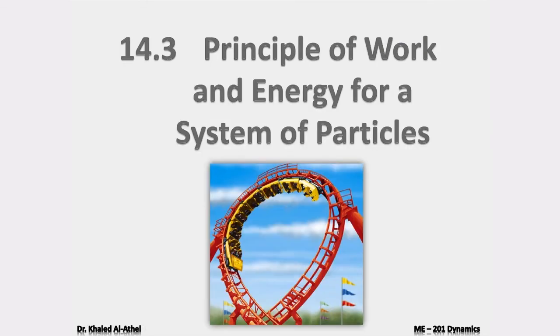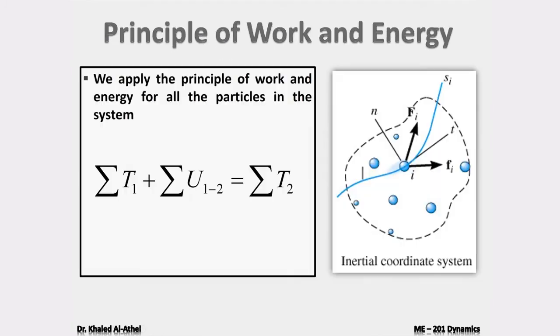If I happen to have a system of particles, then basically what I am going to do is that I will add a summation for these particles. That's it. So let's say I have here, this is particle A and particle B. And these are internal forces, and these are external forces. So first thing is that I have to tell you that this equation, I recommend that you write it for the whole system, for all the masses and the particles that you have, meaning that summation of T1 will equal to half